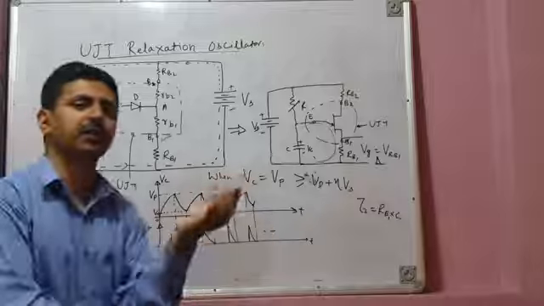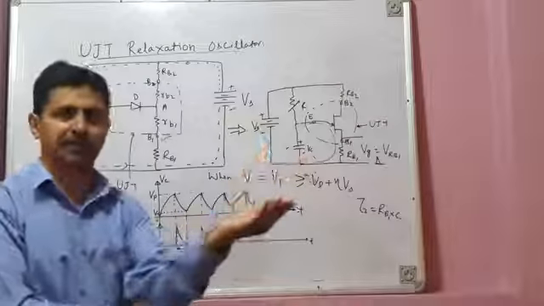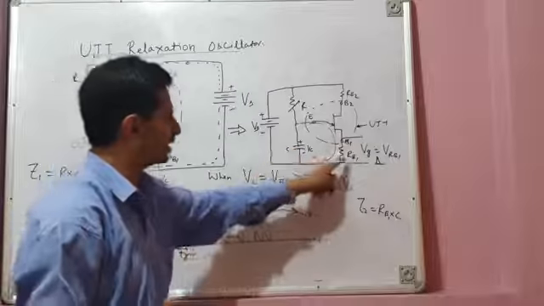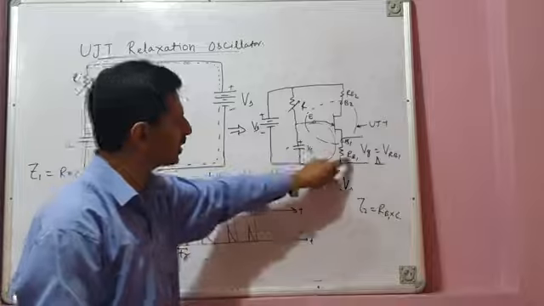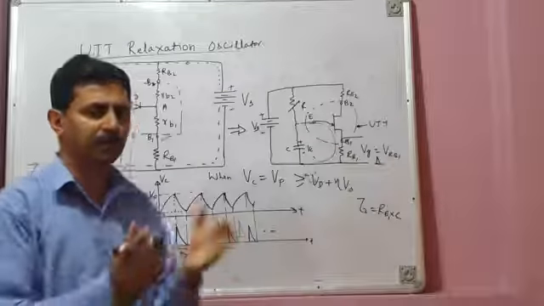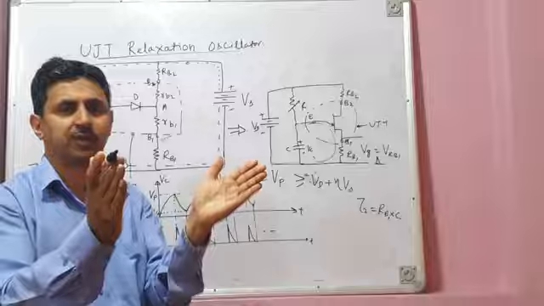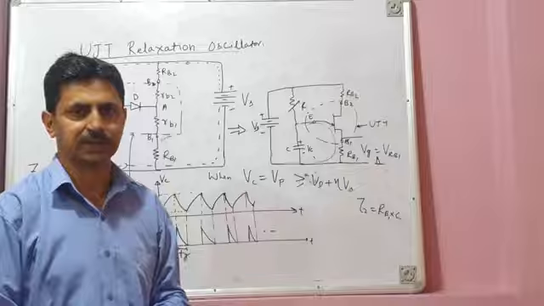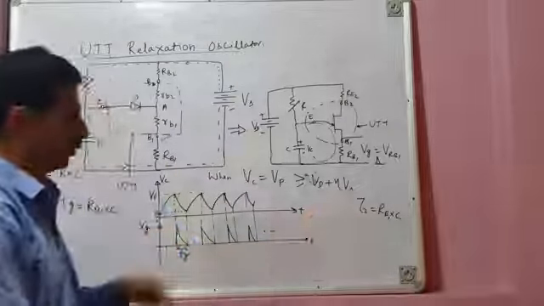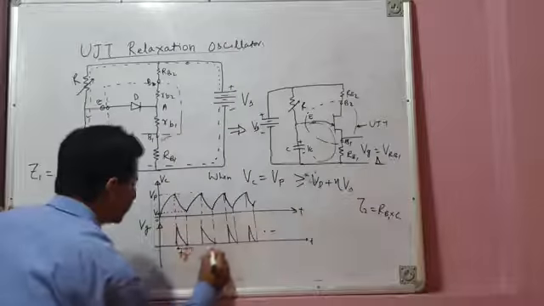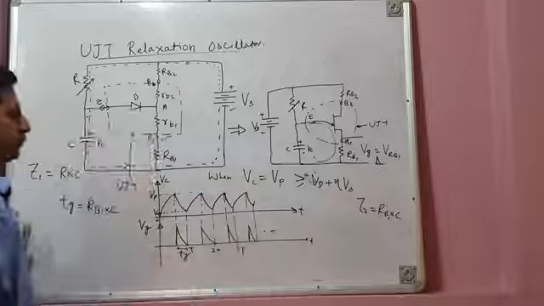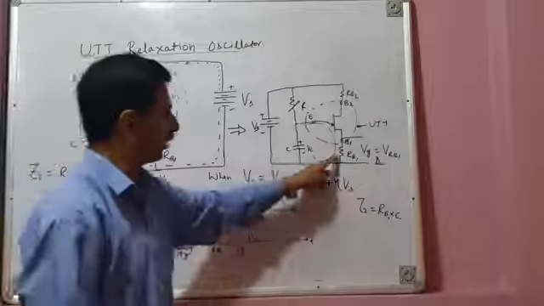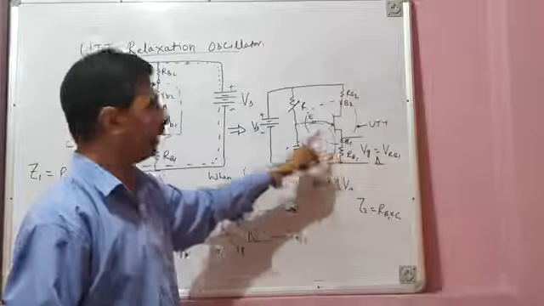And if you want the width of firing pulse to be equal to the turn on time of the thyristor which you want to trigger, you can adjust the width of control pulse by adjusting the value of capacitance and this RB1. And if capacitance is fixed, you can increase the value of RB1 to obtain a large width of pulse, so that the width of control pulse is greater than or equal to the turn on time of the thyristor which you want to trigger with the help of this control pulse. This is time period T, this is 2T, this is 3T. Now, therefore, you obtain a train of firing pulses across this external resistance RB1.